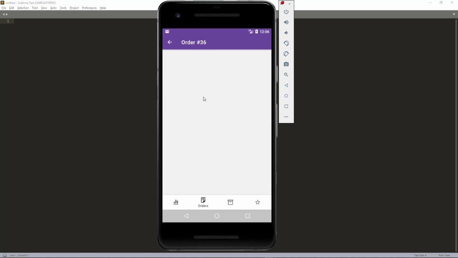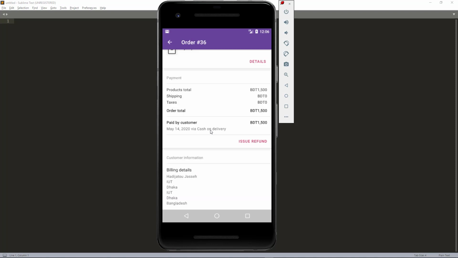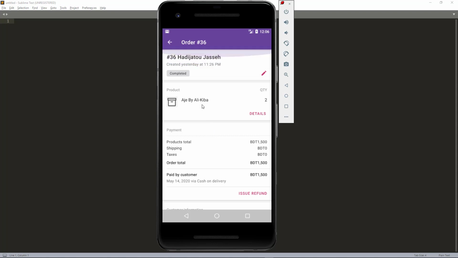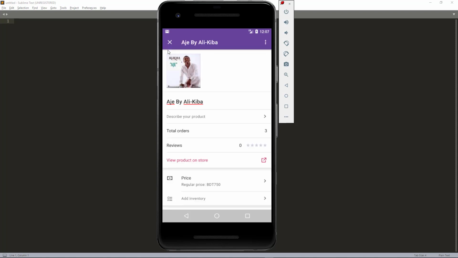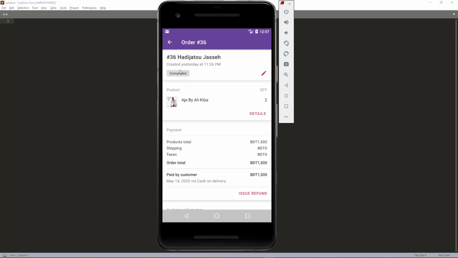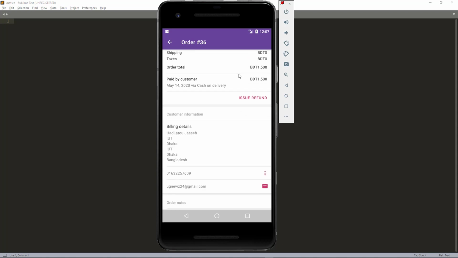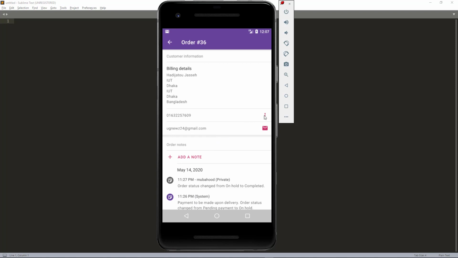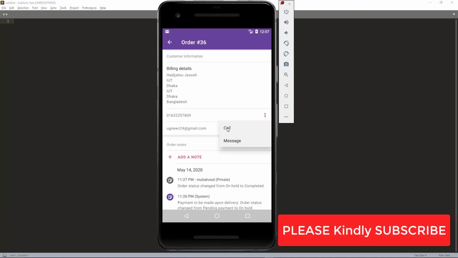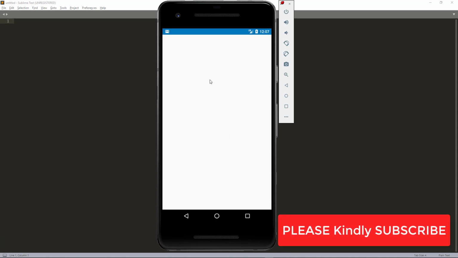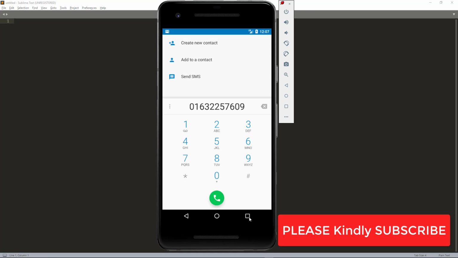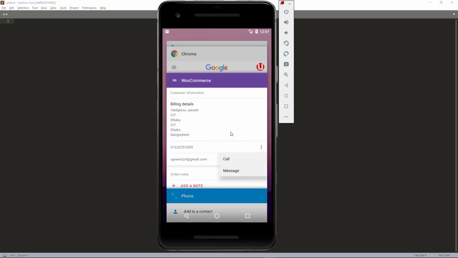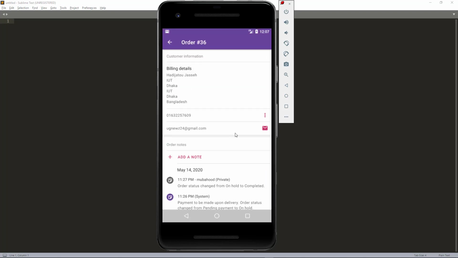If you click on the order, you'll see its complete details, the products that are inside this order. You can even refresh by scrolling. You can see the note, you can add a note, you can see the time that this order has been changed. You can call your customer, you can send them a message. You see their phone numbers are here. For example, if I click on call here, it will open a dialer, and I'll be able to call my customer, which makes it so much simpler than going to the website, checking for the orders and